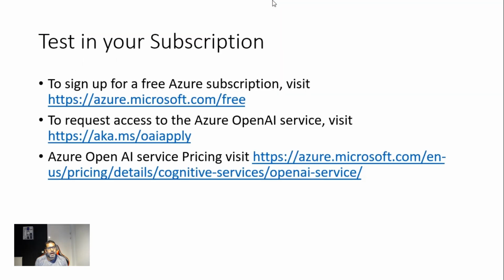So going further, how can I get started? The first thing is you need to sign up for a free Azure subscription if you don't have one. The second thing is you need to request access to the Azure OpenAI service, because this service is not available by default for any tenant. If you want to use it on your tenant, first you need to request access to the Azure OpenAI service